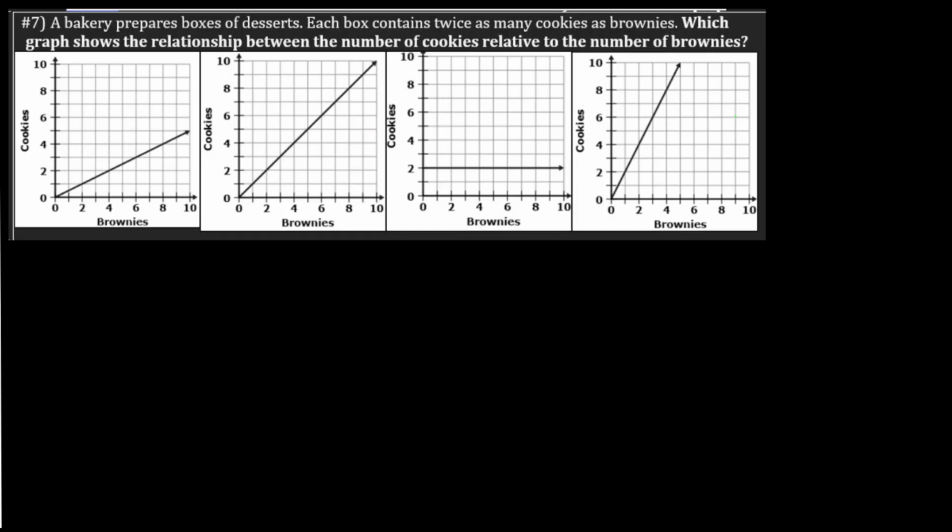For number 7, it says a bakery prepares boxes of desserts. Each box contains twice as many cookies as brownies. Which graph shows the relationship between the number of cookies relative to the number of brownies? So what I'm going to say is this. Since it says twice as many cookies as brownies, I should have a function like this: y equals 2 times x, because whatever my x-axis is, my y-axis should be 2 times that amount. So that means I'm looking for